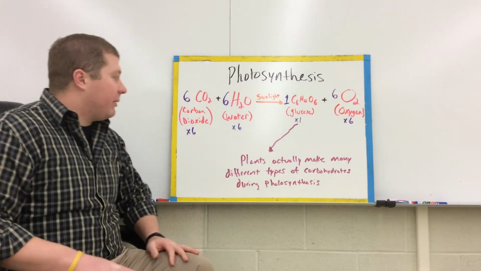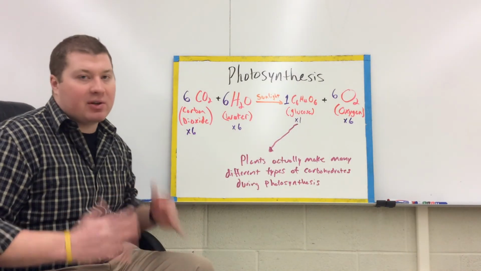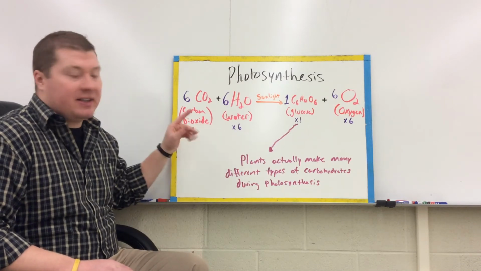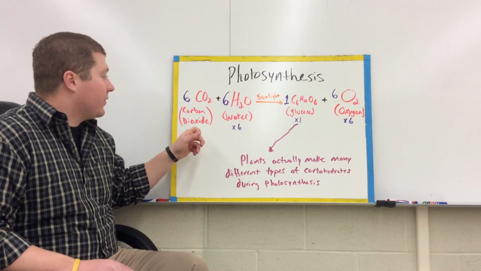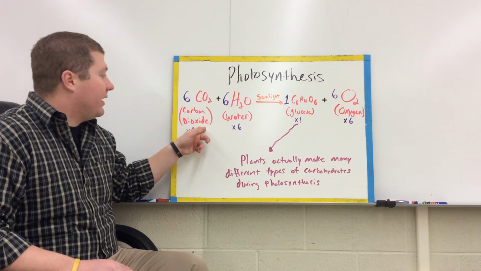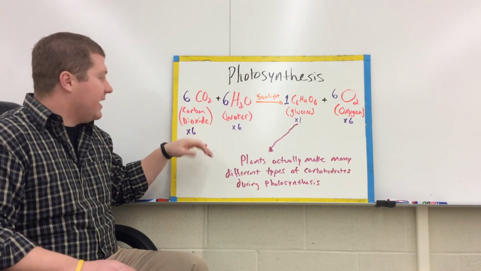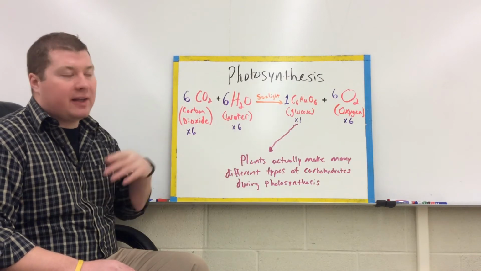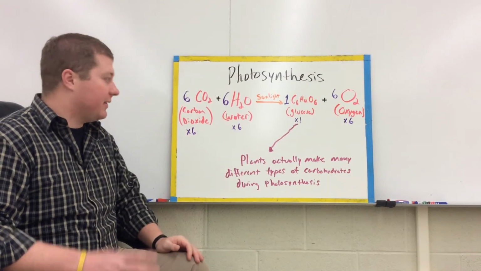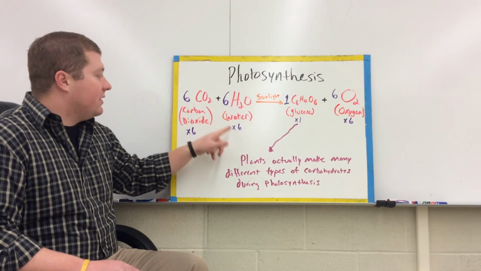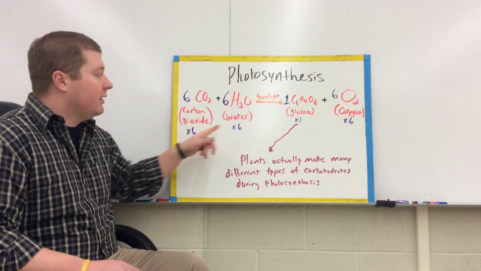And so here's the overall process for photosynthesis. This is the chemical reaction that you're going to need to know. There's two things that react together in photosynthesis. Plants take carbon dioxide from the atmosphere, the air. They also take water that can come from the air or from the ground that they pull in through their roots. They need 6 of each of those molecules.